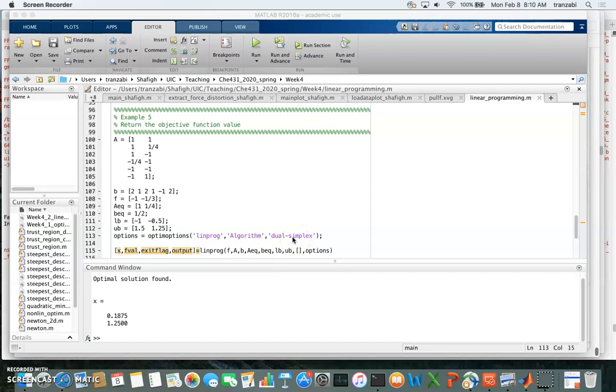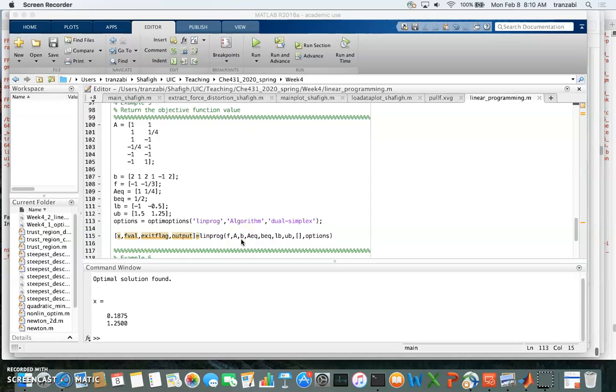MATLAB doesn't have just simplex. I think if you use dual simplex, it's the same as simplex. Okay. So now the last example I want to show you is,